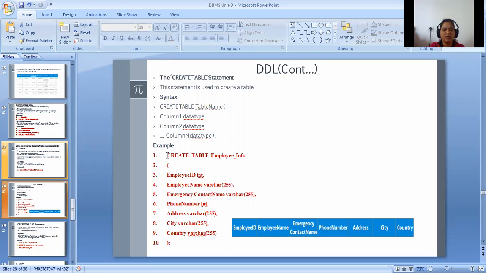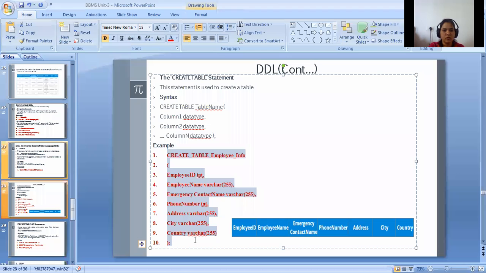See over here, for example, create table employee info. We are creating the employee ID, whose data type is integer, then the employee name, varchar, a variable character type, with a maximum of 255, emergency contact name, phone number, address, city, country.